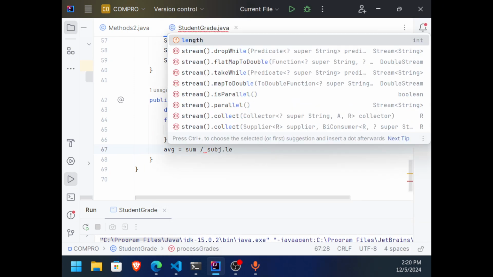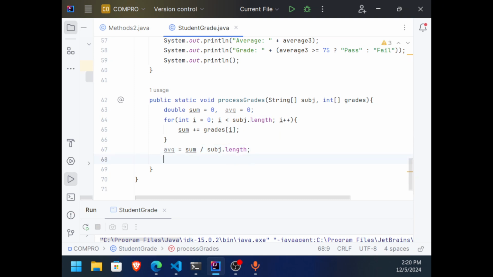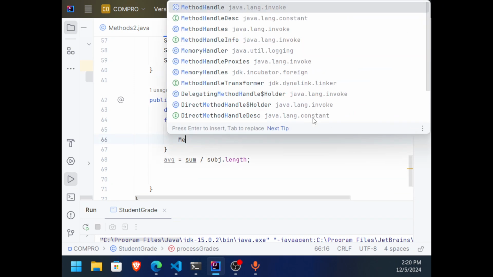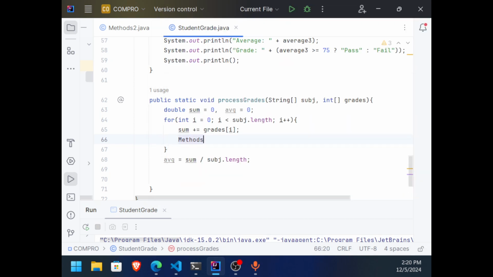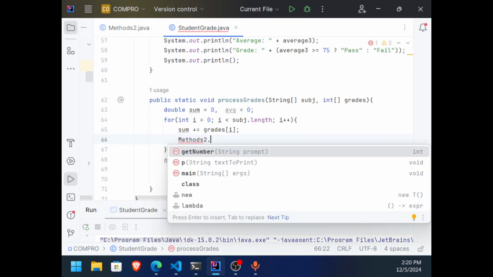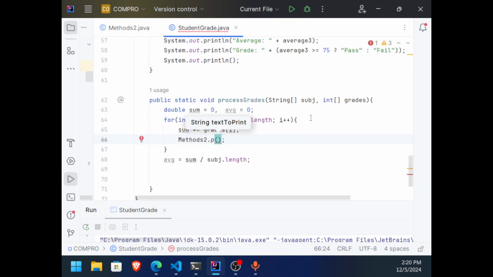dot length. Okay. And then, pwede na natin i-display yung grades. So, paano natin i-display yung grades isa-isa? Pwede na rin natin i-display dito. So, gamitin natin yung methods. Di ba? Nakita nyo yung kagandahan ng methods? Yung reuse mo na lang. Para maiwasan yung mahaba na code, yung paulit-ulit na code. So, i-display na lang natin dito yung sub j